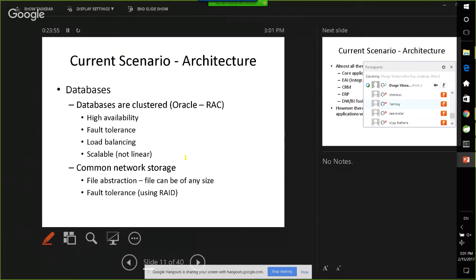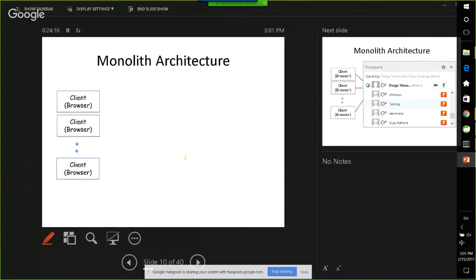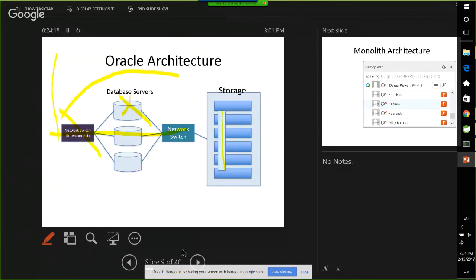So file abstraction is that a file can be of any size up to the overall capacity of the storage layer. If your storage layer has 5 petabytes, and you create a pool of these 5 petabytes and mount it onto a machine, your file can go up to 5 petabytes. That is called file abstraction. That is already included as part of this architecture, because here, if you see, we have multiple hard disks and we have created a logical view of some portion of the storage, and we are mounting this one.